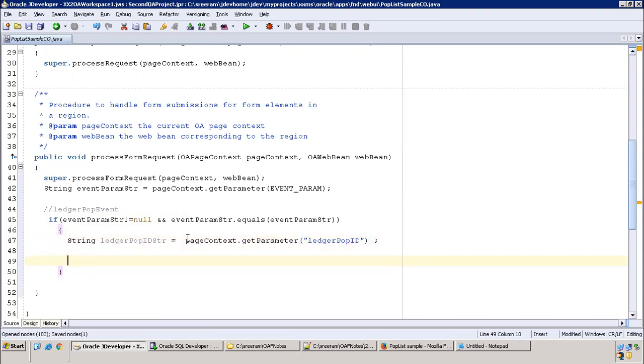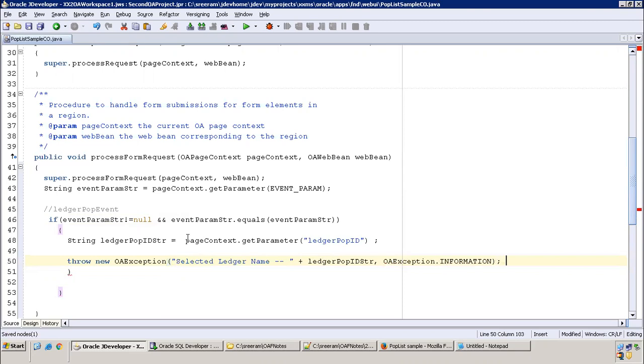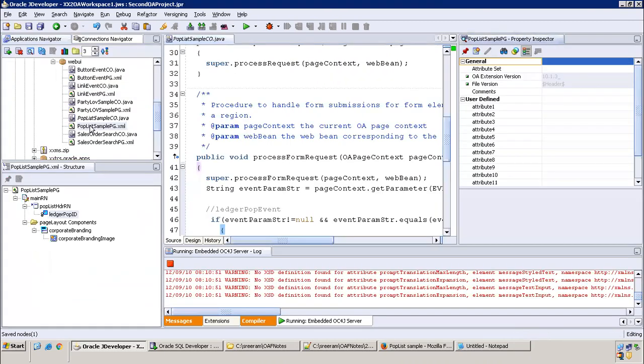Okay, now selected, okay OA exception information. That's it. Let's run the page and see how it works.